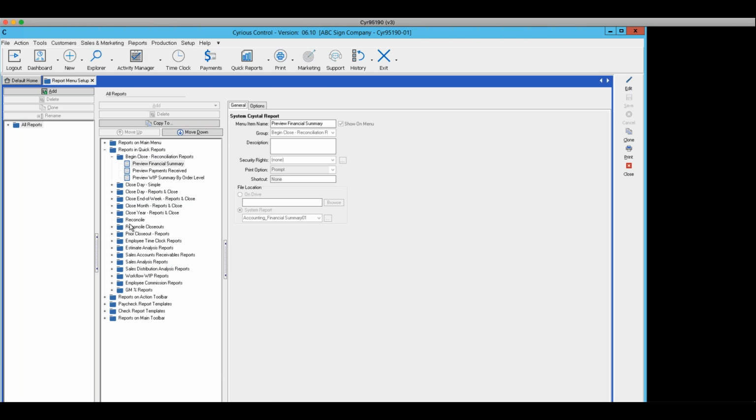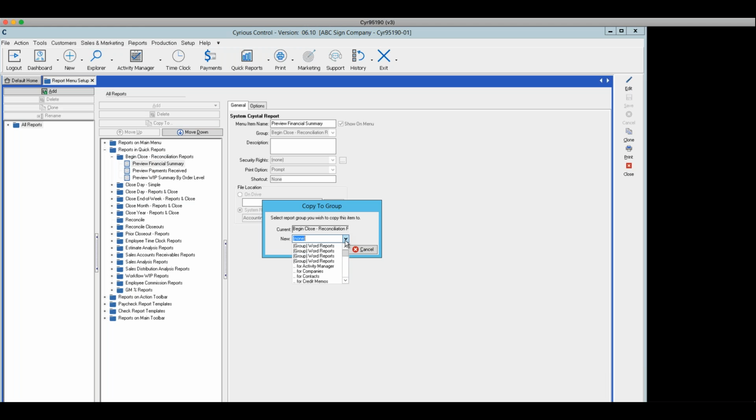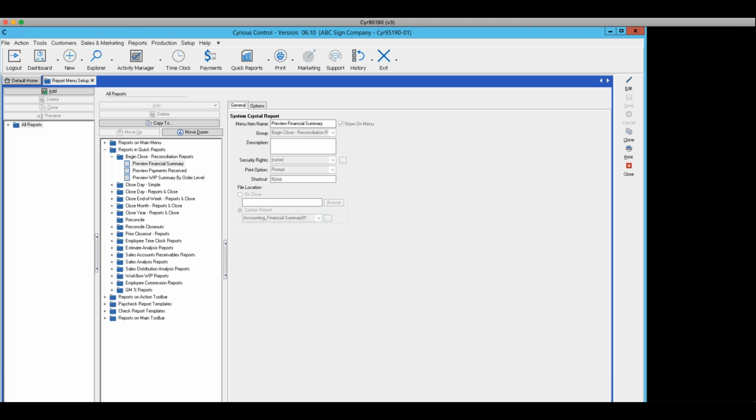Now, if I come down to the reconcile, all right, make a liar out of me. Copy to. I found that this was goofy the other day. Okay. There it is. Now it's added it. And I'm not going to do the rest of it here in the interest of time, but